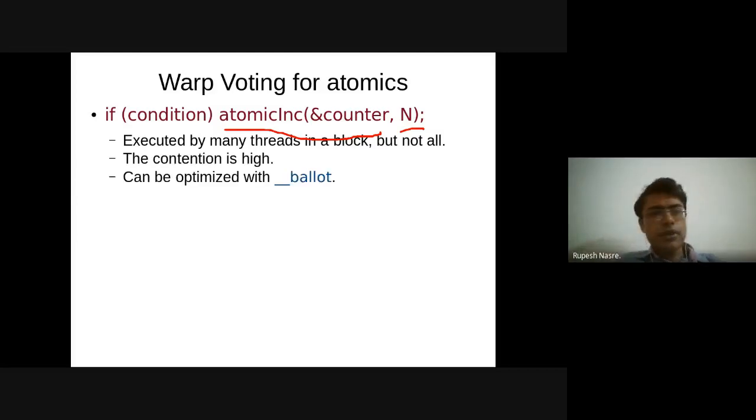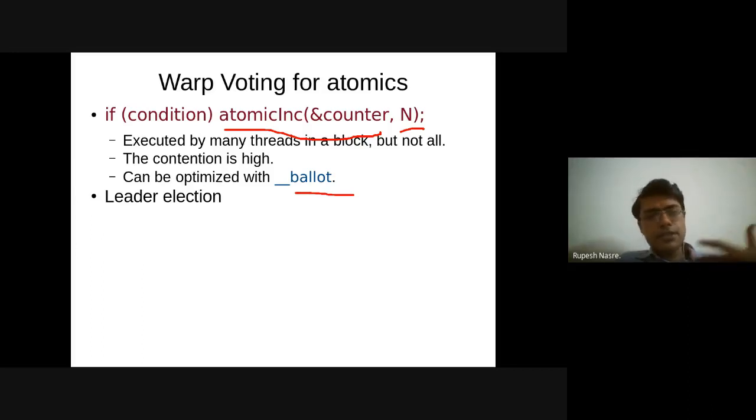So this is what I was talking about, that can we optimize it with the ballot, because there are only a few threads which are going to increment, but the overall number of threads which are going to increment, let's say within a block or even across blocks, is going to be large. So that contention is going to be high. So one of the ways in which this needs to be done is to identify a representative, and that representative is often called leader election. In the distributed memory setup, this is often called leader election. In this case, it's not really a distributed setup, but we'll call it, let's say, leader election.